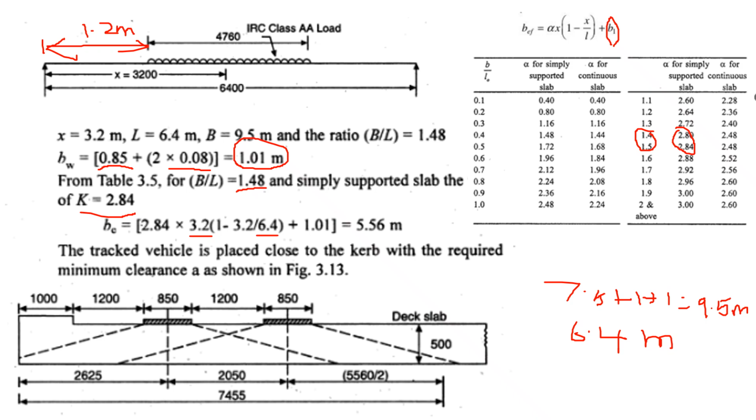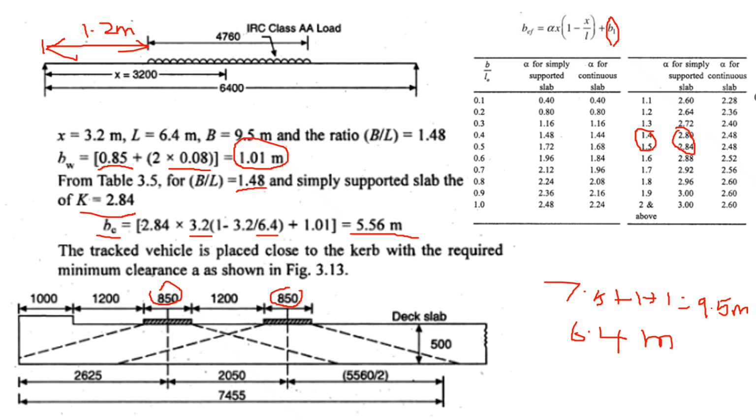So the tracked vehicle is placed close to the curb with the required minimum clearance as shown in the figure. So the effective width B effective is given by 5.56 meter. So next, the tracked vehicle is placed close to the curb with the required minimum clearance as shown in the figure. So here you can see you have two wheels which carries a load of